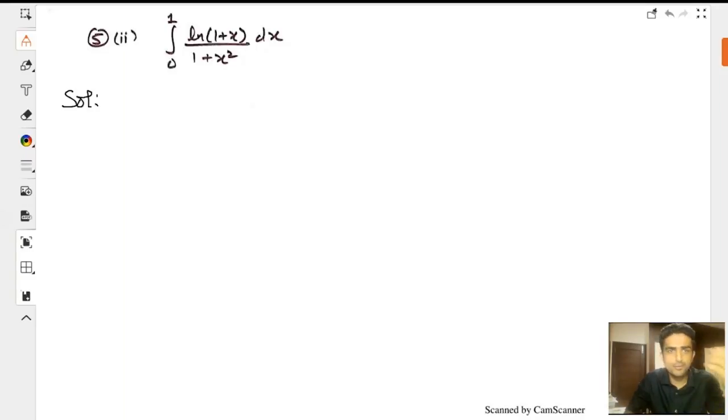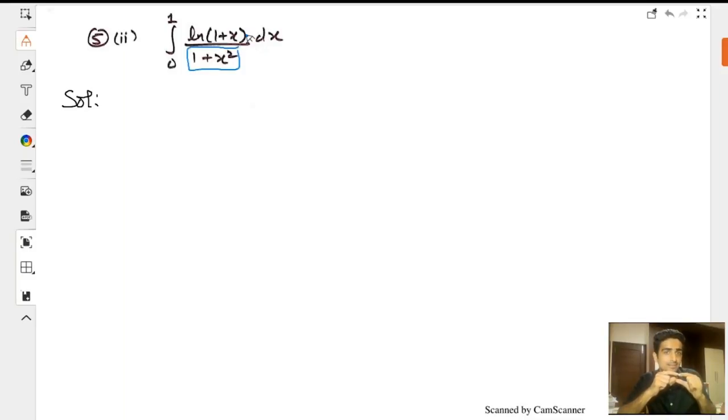In this part, even if you apply King's rule, you will not get something really good. And otherwise, I'm not seeing anything really good to start with. But one thing which I can easily observe, 1 plus x square. Guys, this is the mantra of indefinite as such, that when you don't know how to integrate, but there is some expression